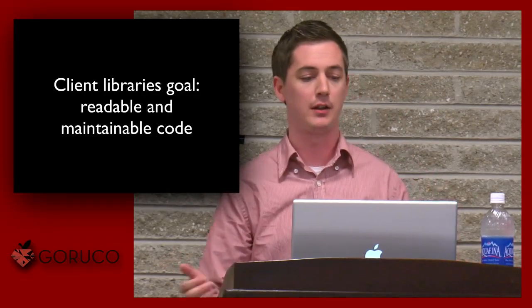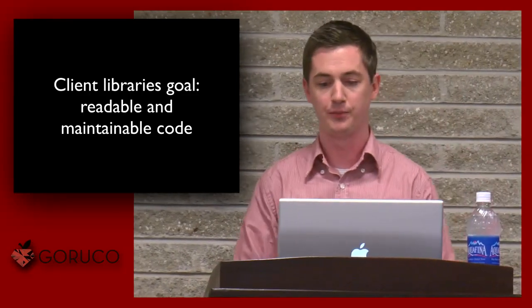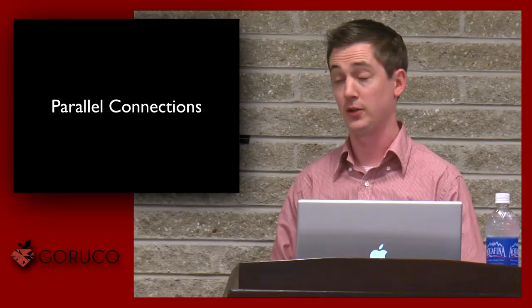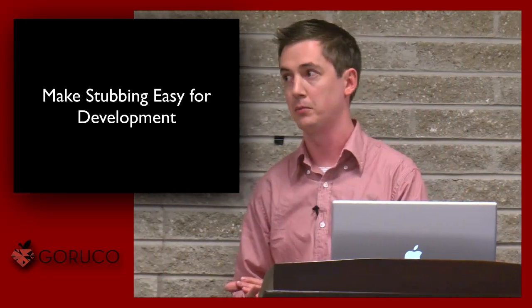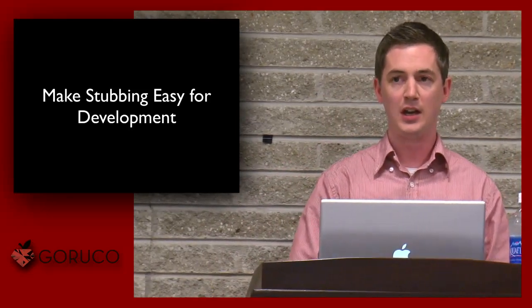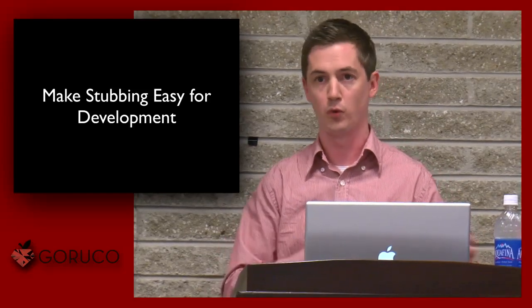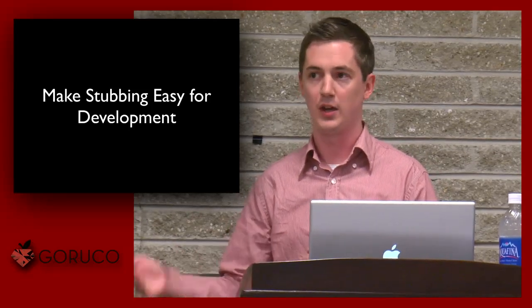When you're writing client libraries, your primary goal is to write readable and maintainable code, right? And if we're talking about HTTP services, you want to be able to make parallel connections, neither of which Active Resource actually lets you do. Another thing you need to do is make stubbing easy for development mode. If you have your Rails app and 3 web services, it really sucks if every developer has to run every single web service on their system just to run the app. So you need to make sure your client libraries have stubs in them so that you don't actually have to hit a web service to